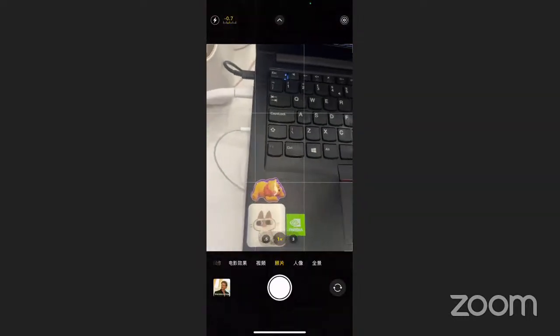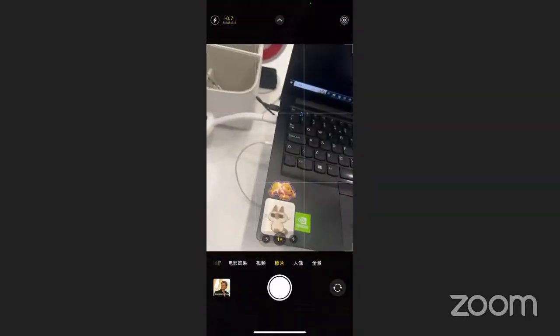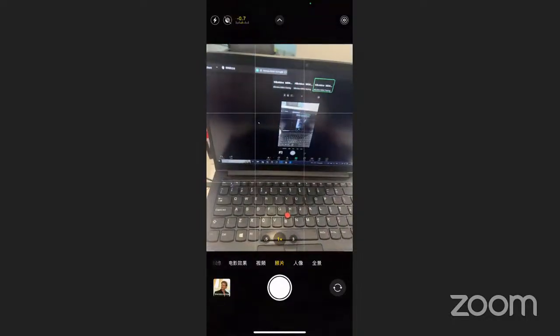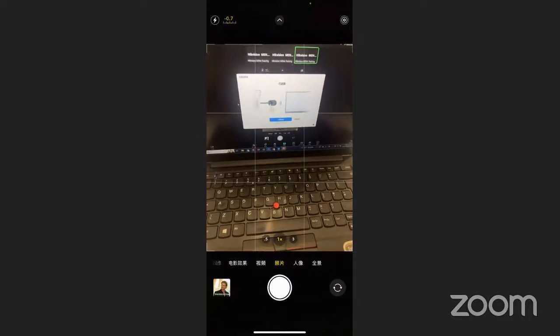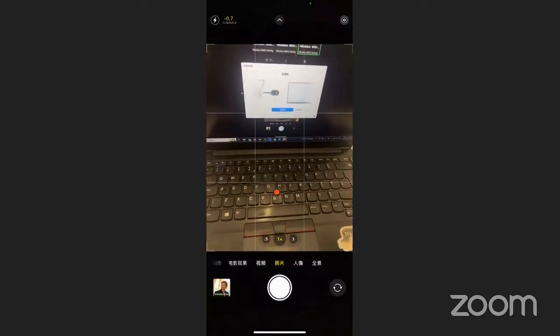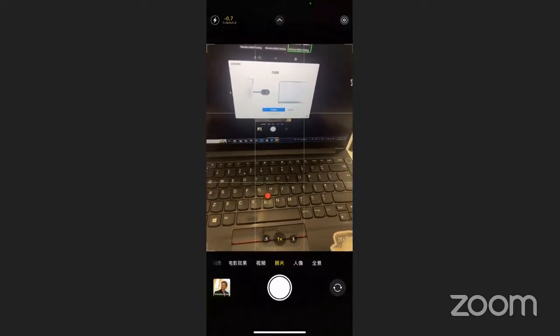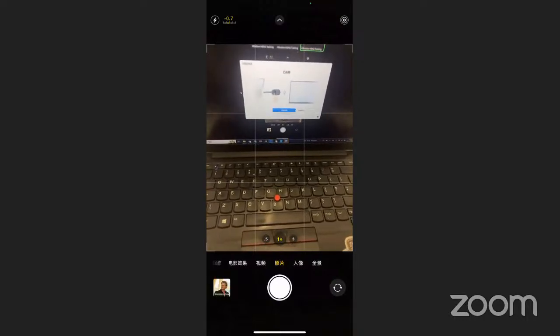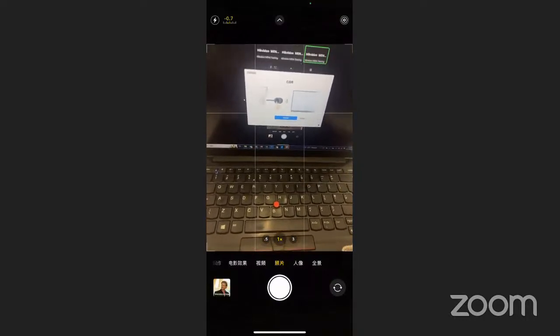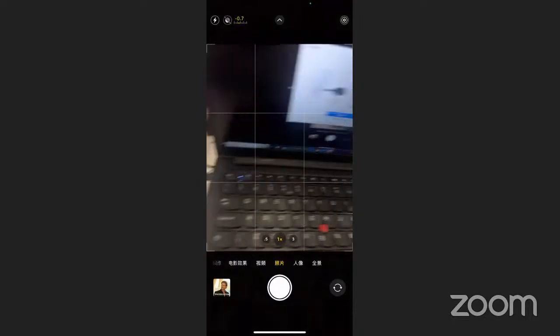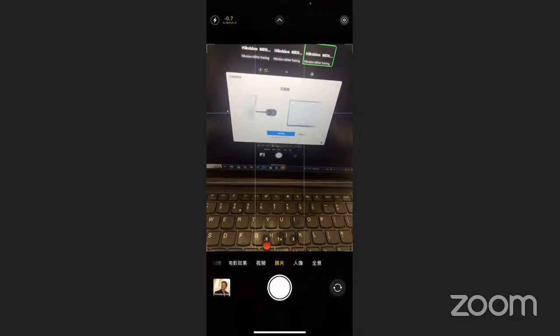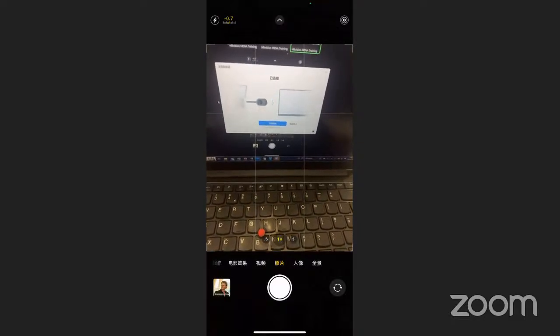So now I insert it. What will happen to my laptop? Nice live streaming, it will pop up automatically. You see, during this process, I didn't use the application. I didn't open my Wondercast application on my laptop. I just insert this dongle into my laptop and it will automatically recognize and appear to show